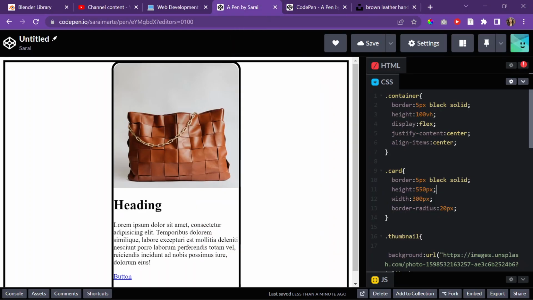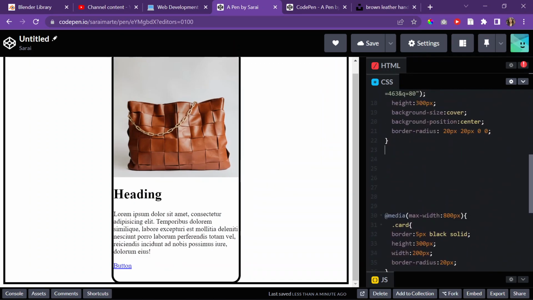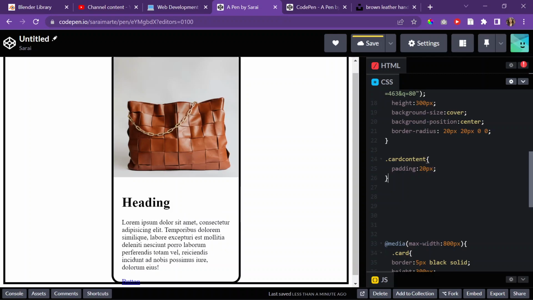What's one thing that I wanted to change? This stuff, the card content. So over here, I'll do card content, padding, 20 pixels. Right, and then